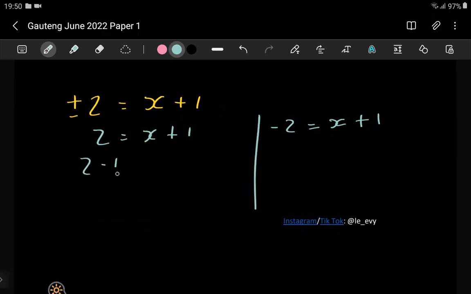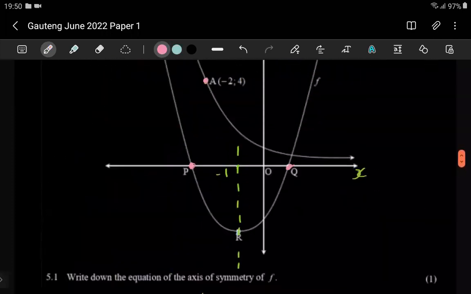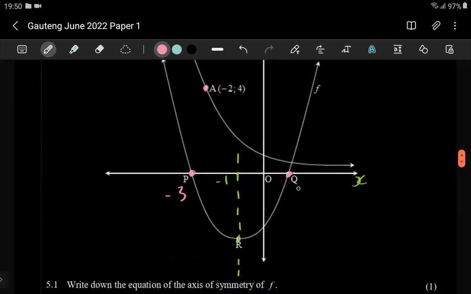Then you're going to have 2 minus 1 there. And then x has a +1. Here, the 1 goes to the left. Here, you're going to have a -3. Which definitely makes sense, because if you have a -3 here, and you have a +1 there,